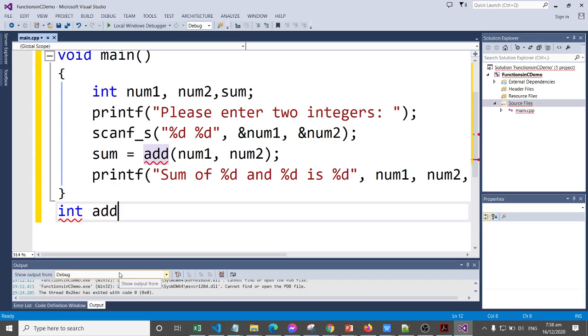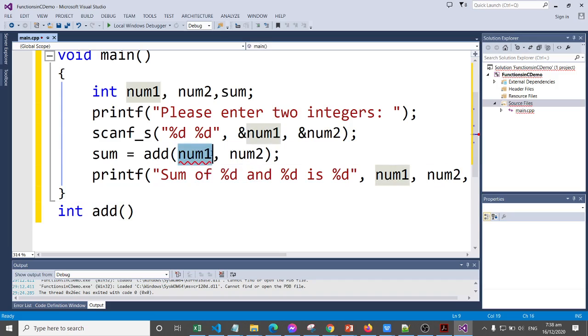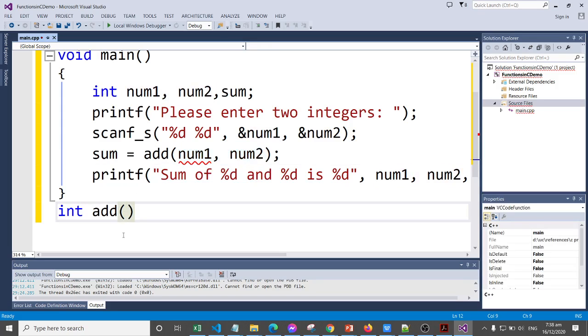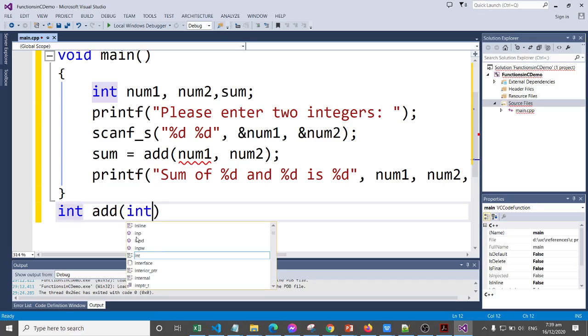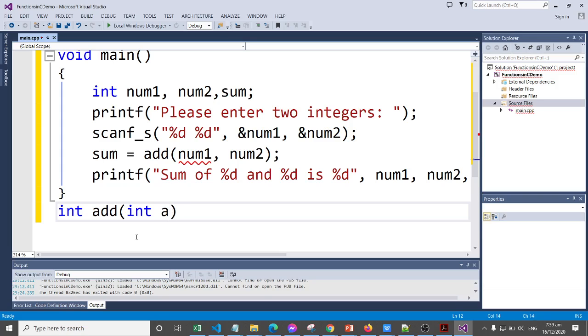The name of the function is add, and we have two parameters wherein the values of num1 and num2 are of type integer. So therefore, the type of the variables that these two values will receive are of type integer also. And we will name these local parameters as a and b of type integer.